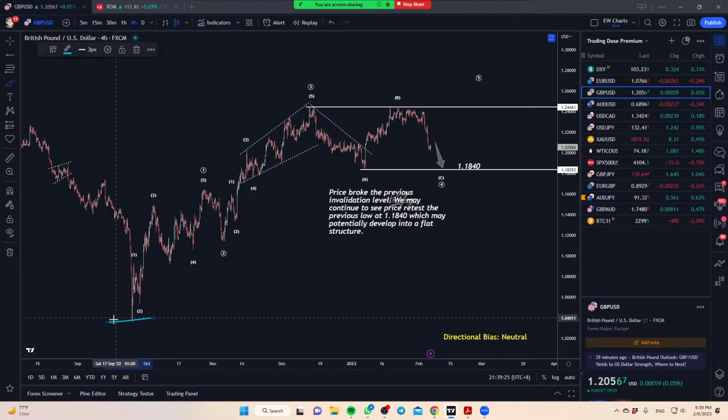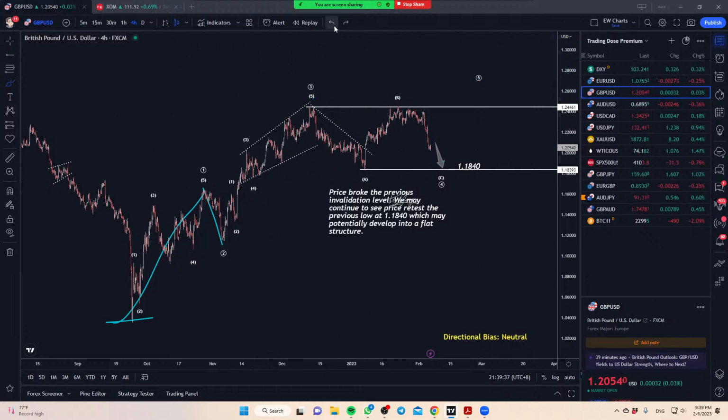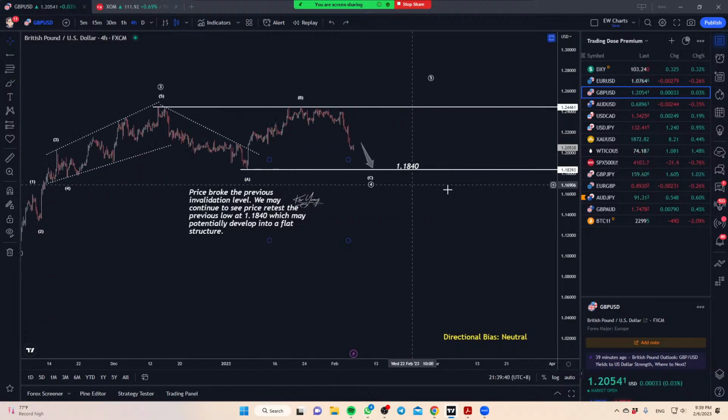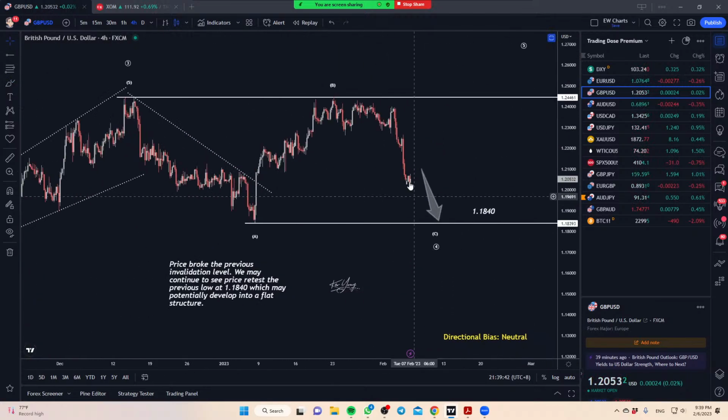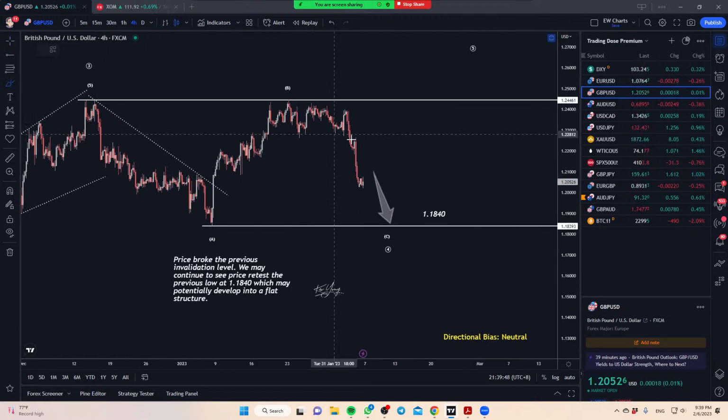Okay, so from this little bottom here, we have a wave 1, wave 2, wave 3. This turns out to be a flag. Okay, wave 4, and then we can still anticipate one more pushback up to complete that 5-wave structure. So for now, in terms of pound dollar, if you're looking at a short-term opportunity, personally, I'm looking at whether that trade is worth taking. It would be a correction over here, and then to see if we can get a short-term move back towards 1.1840. Of course, you need to then reassess in terms of the risk-reward ratio. Is it worthwhile looking at that short trade on the pound dollar? Right, so that's on the pound.